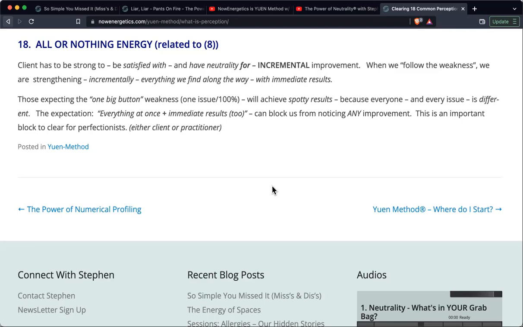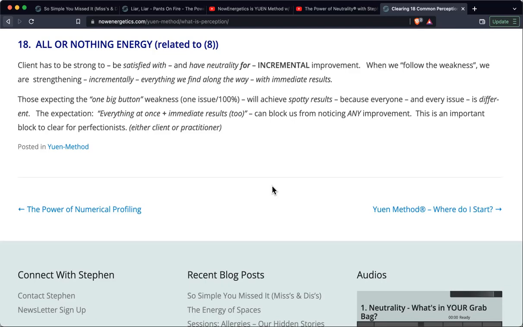If you have perfectionist tendencies, people that aren't satisfied with incremental, immediate improvement, that's going to be a block for them, and it's going to be a block for the clients they work on. So very, very important concept. It's not something that's talked about very much, but let's get everyone that's reading this article now or listening to this video neutral to this incremental improvement,